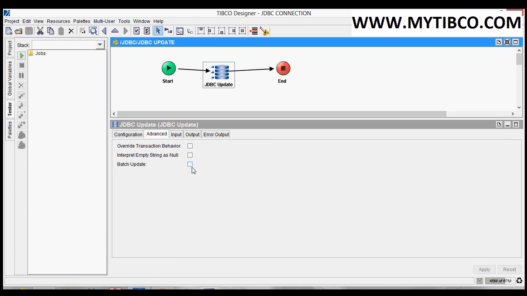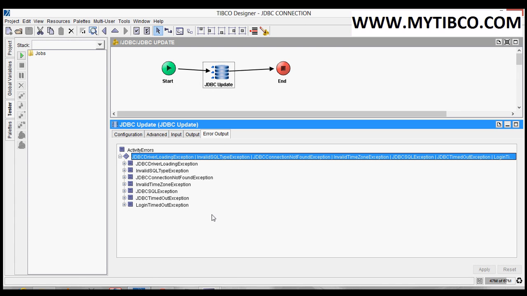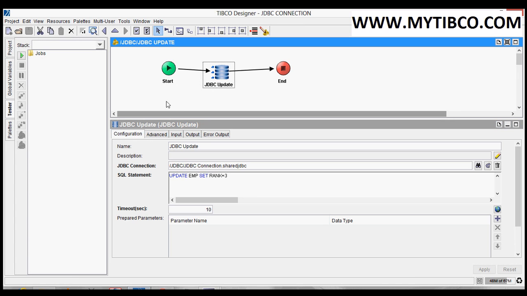Batch update, I'll explain this with an example in another session. Output: here we have only one output, which is the number of updates. Error output: see the possible error outputs we can get with this JDBC update. These are all possible exceptions. That's all we can do with JDBC update.